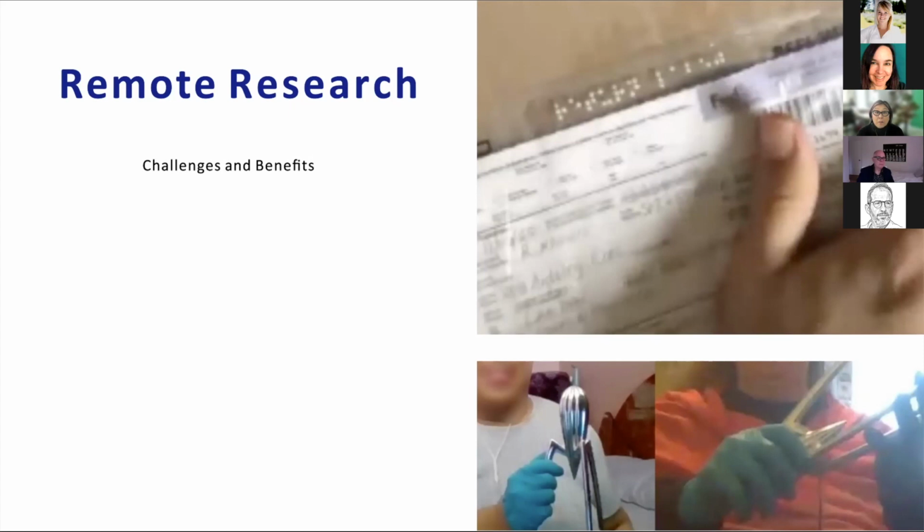And this pairing might not have been possible in in-person sessions. So another challenge in the remote research included the contact-free courier delivery. And one solution was to add Braille on the outside of the courier packages so that they would know, if there was a box that was left outside the door, what it was.